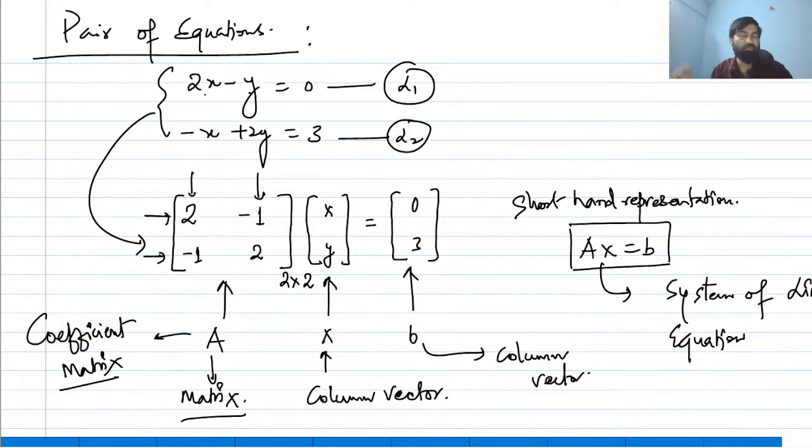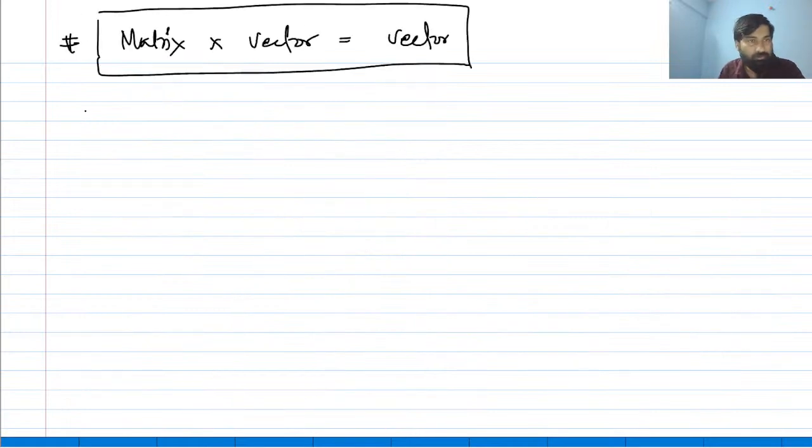If there are 2 rows, what does this tell? 2 rows means that you have got 2 equations, remember. Number of rows means... Yes, Devans, AU equal to V. Matrix into vector, you will get vector, right? See, 2 rows, number of rows means number of equations. Always keep in mind, 2 rows means 2 equations you have got.